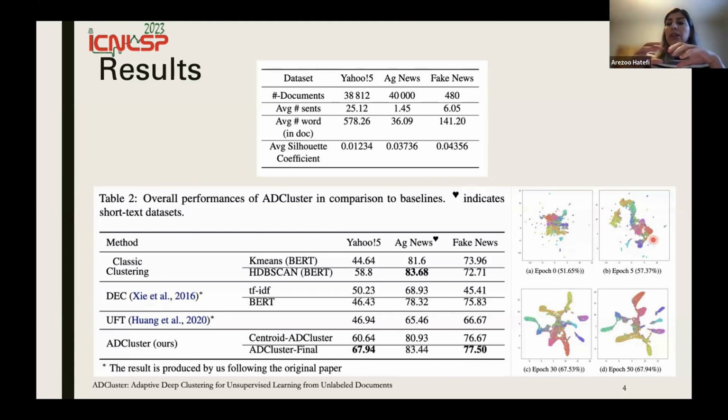But as the training goes on, the clusters become more distinct, and that's because the language model adapts to the clustering task and generates more clustering friendly representations.